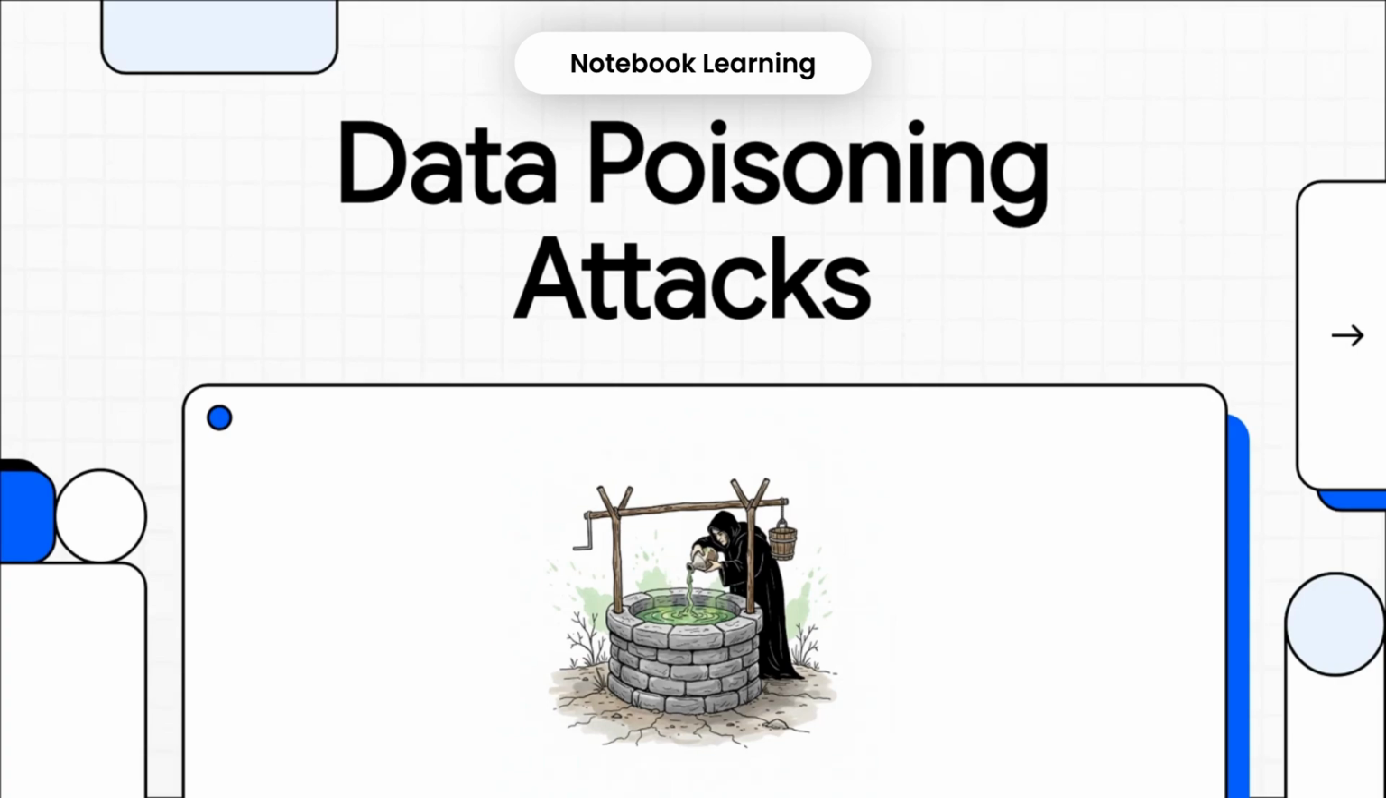In AI, we spend a lot of time thinking about how to protect our models from outside attacks. But what if the biggest threat isn't outside? What if it's already on the inside? Today, we're talking about data poisoning, a stealth attack that corrupts an AI from within, long before it ever sees